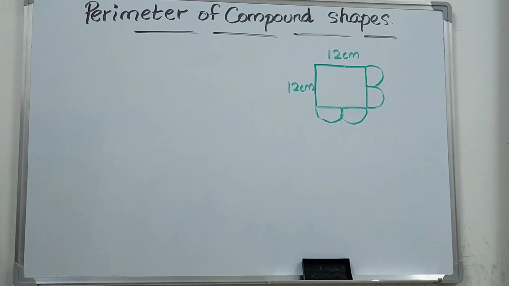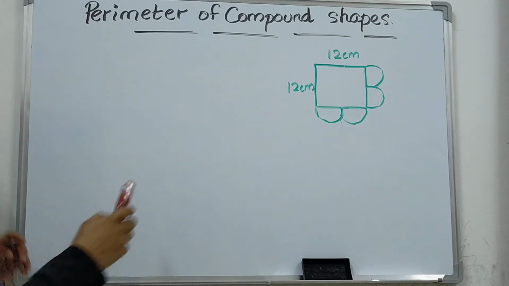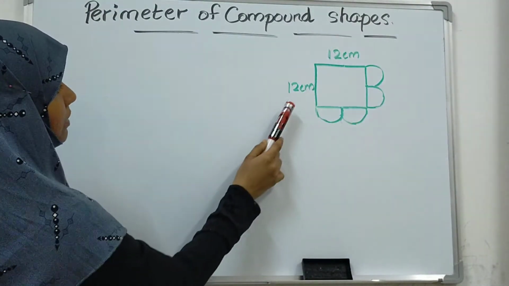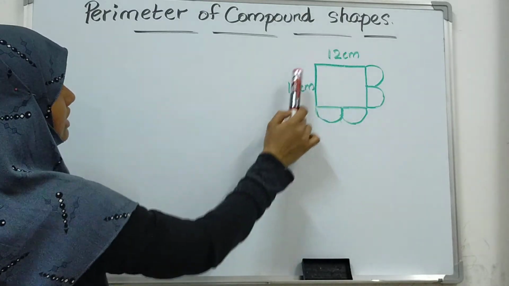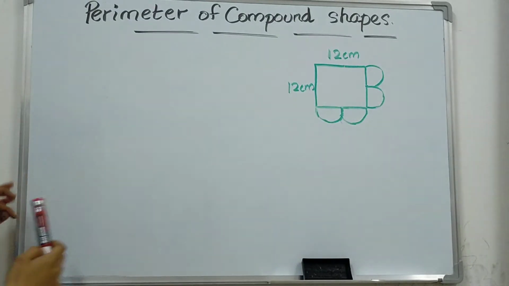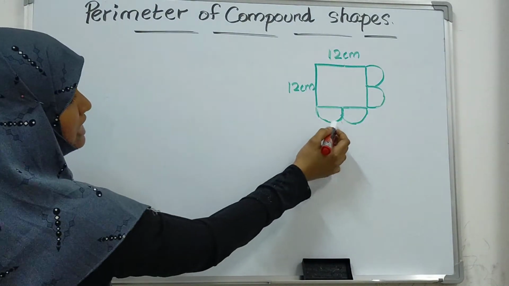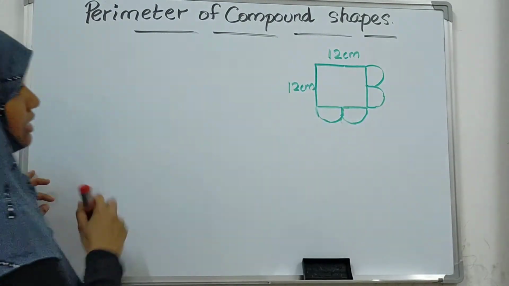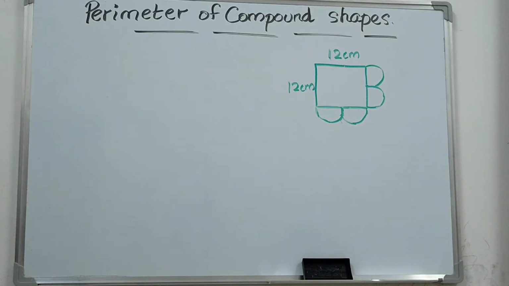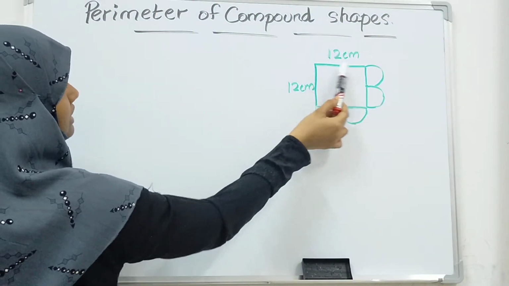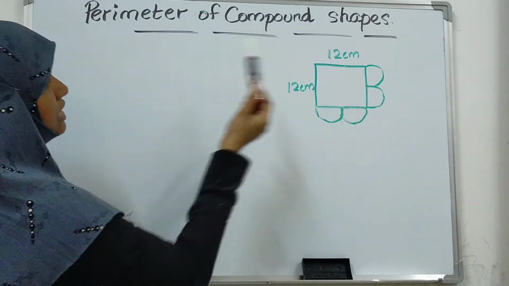Next we are going to discuss the other compound shape which is given here, and you can see that this is the shape of a square because these two sides are equal, which means the other two sides will be also equal. And so this is the shape of a square, and you can see there are 4 semicircles. And how do I find the perimeter of this compound shape? So I said just before, finding a perimeter of the shape means you are just finding the distance around the outer part of this shape.